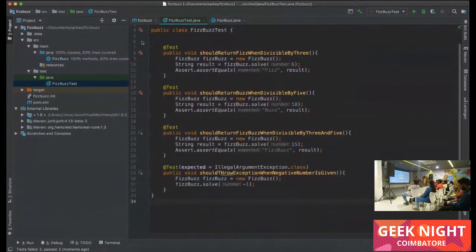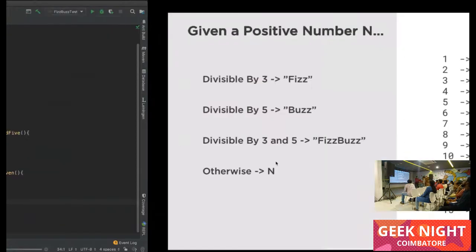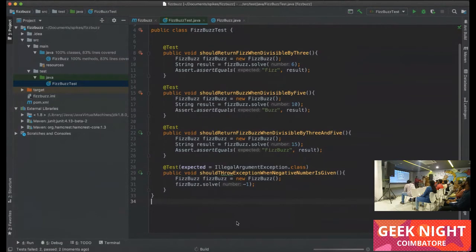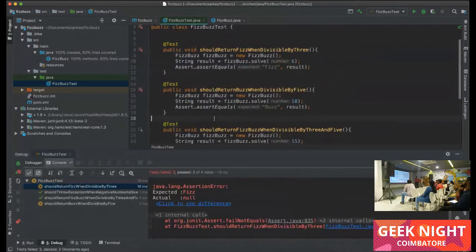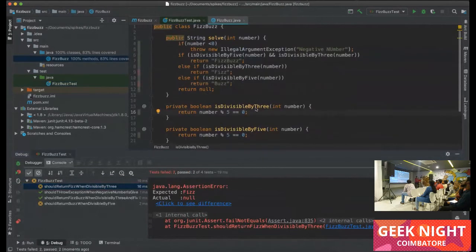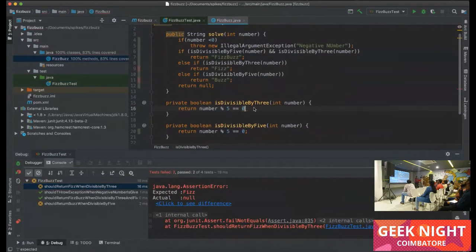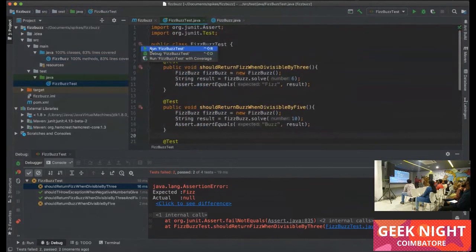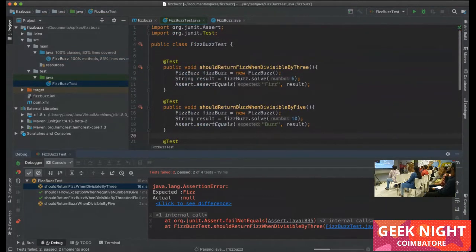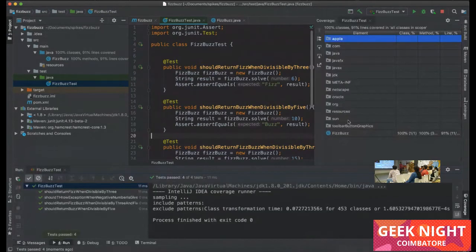Maybe I didn't run the test, so it didn't show. We will talk about what the ideal code coverage is later.